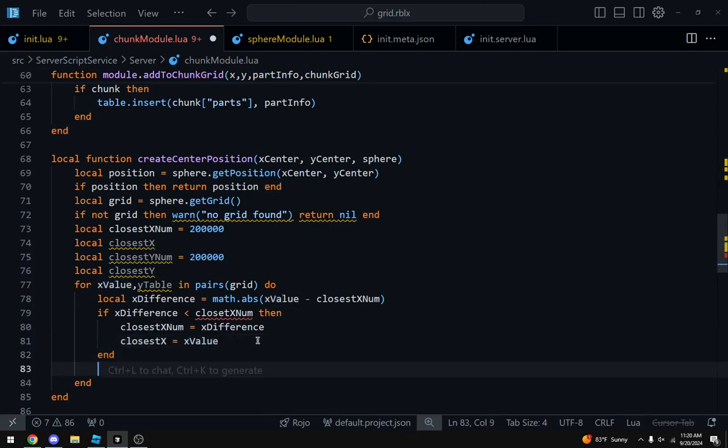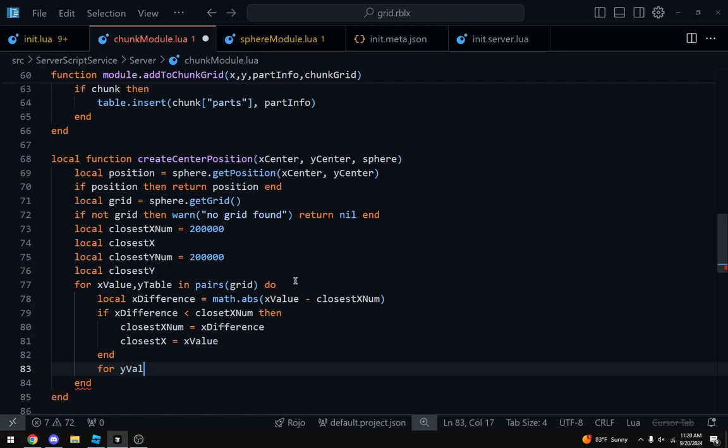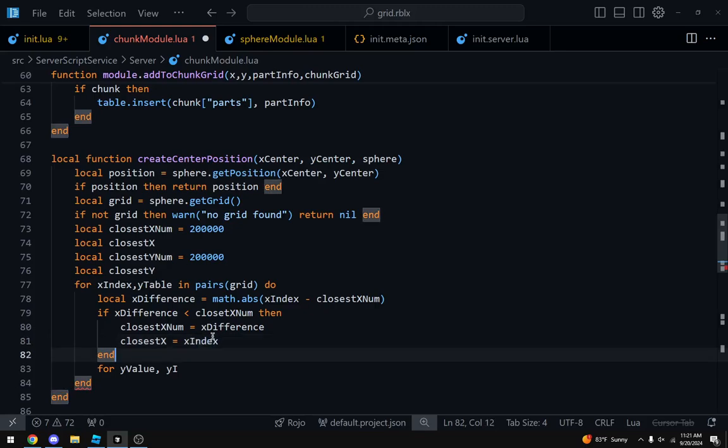We did it. Okay, now let's go through the y value. So for y value, y index, no, okay, you know what? We have these backwards. Let's do x index, x index, x index, y value.